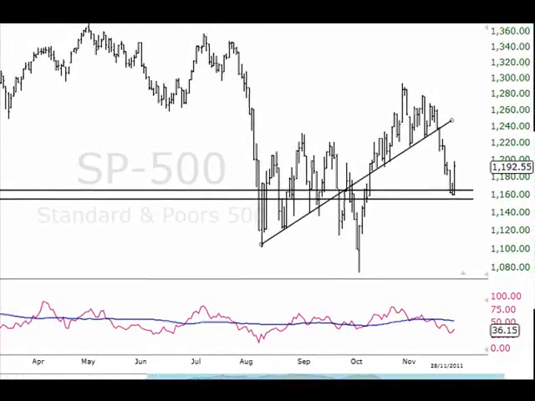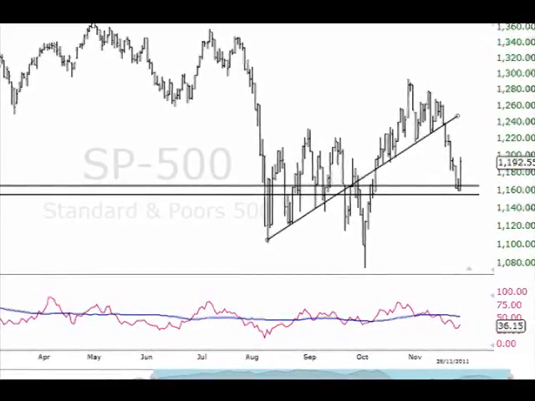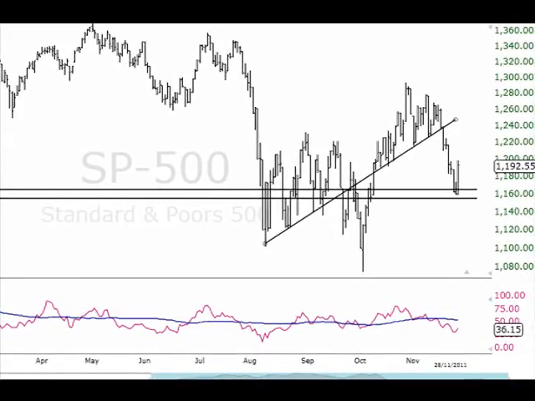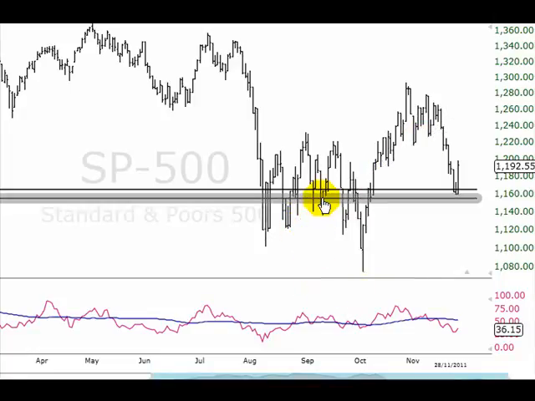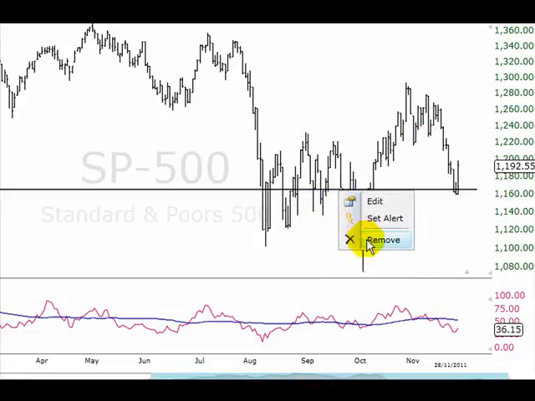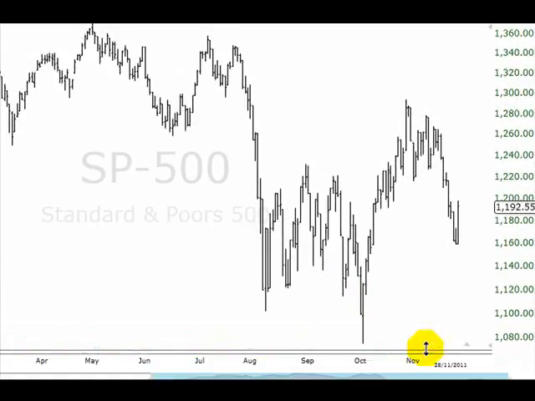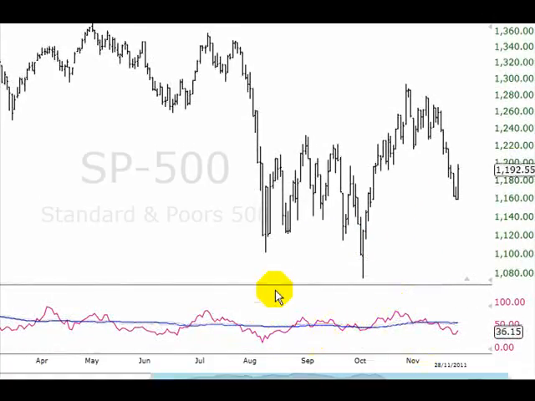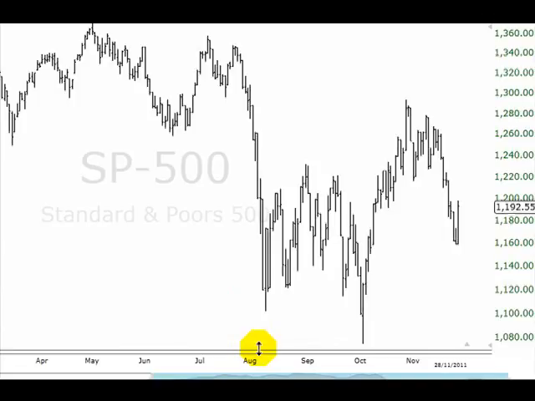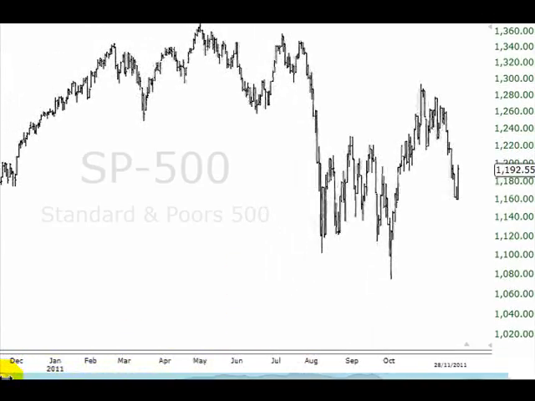Now, the reason why I've been saying that is if we have a look at this overall market, you're looking at the S&P 500 daily chart. As we can see, we have this support resistance line going up through here. Let me remove that and start with a blank chart. Let's put this indicator down here. This is one of my indicators I look at, which helps me determine market direction. But let me talk about that a bit later on in another session. And let me squeeze this chart up as much as we can.